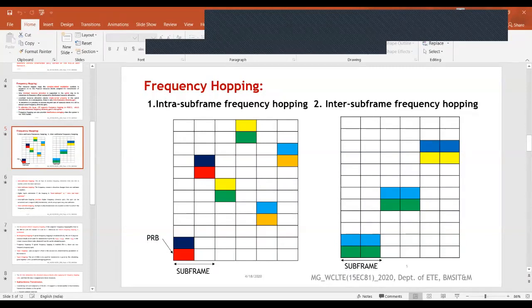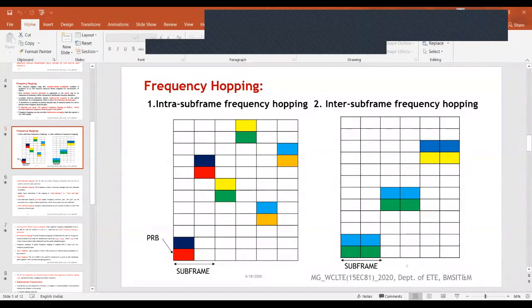See what happens in intra subframe frequency hopping. In one subframe, there will be two slots. This is the physical resource block allocated to one specific user equipment. So he can hop within the subframe from one slot to another slot.